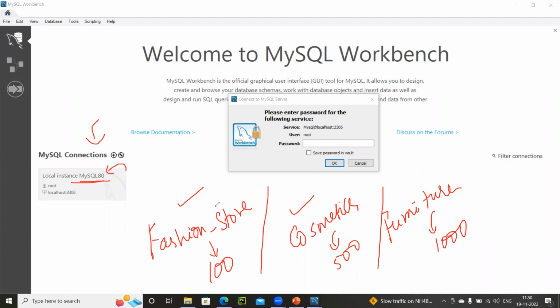Then I will create a separate instance for my fashion store and keep all these 100 tables inside that particular instance only. Similarly, I'll create another instance for cosmetics and keep all 500 tables inside. Similarly, for furniture, I will keep all of my tables inside.